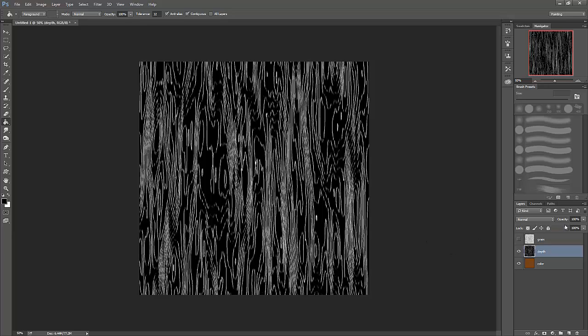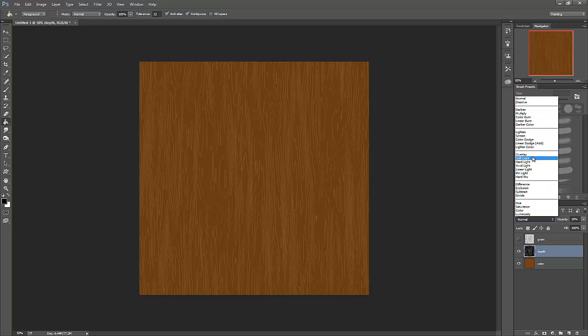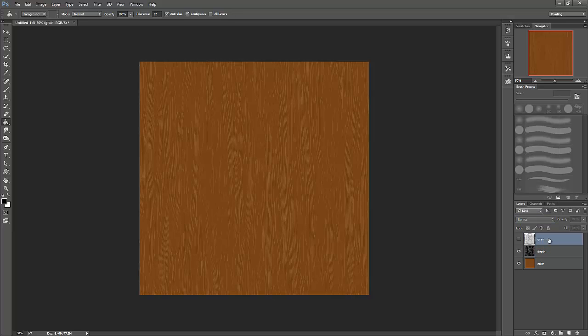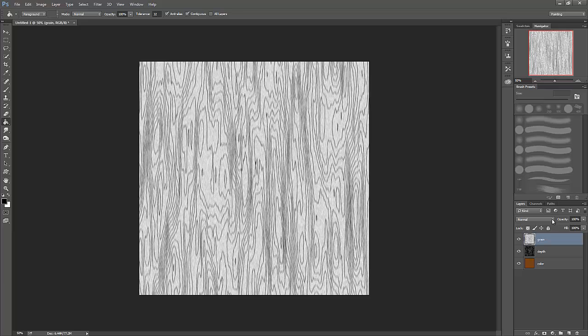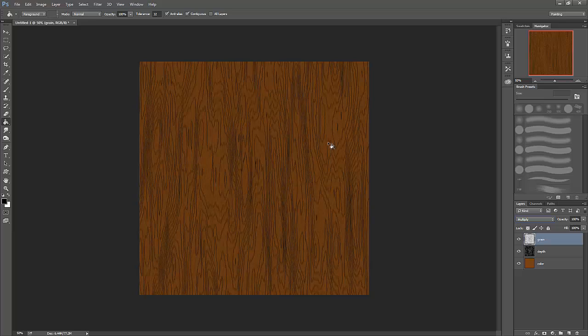Alright, now the opacity of this one, we don't really want this plowing through. So we're going to take our opacity from 100% down to 10%. Now we just have to change our layers over to our proper blending mode. So for our depth we want screen. We're going to turn our grain back on and make that multiply. And it doesn't look any different. That's okay. We're going to go back to our depth,